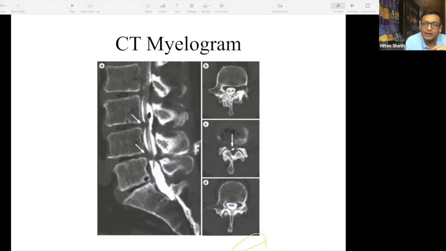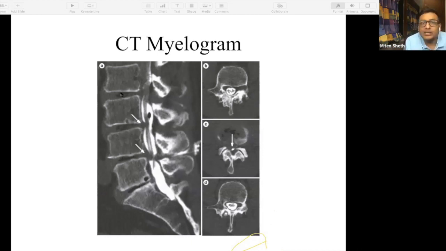A CT myelogram is where a dye is injected in the caudal epidural space. You inject a dye from here. The dye goes into this area, which is seen as this bright white spot. And whenever there is compression, you will see that the dye is not passing. So this shows that this patient is having 3 levels of compression because of lumbar canal stenosis. This patient can clinically complain of back pain, and also a lot of leg pain and claudication. Now you can also see these black spots in the disc area.